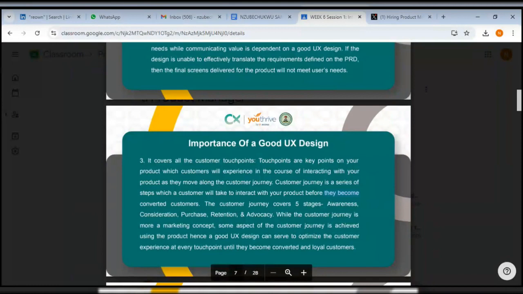So remember, we've touched on touch points as an aspect of product management and understanding user needs before. There are key points on your product which customers will experience in the course of interacting with your product as they move along their customer journey. Customer journey is a series of steps which a customer will take to interact with your products before they become converted customers. For example,